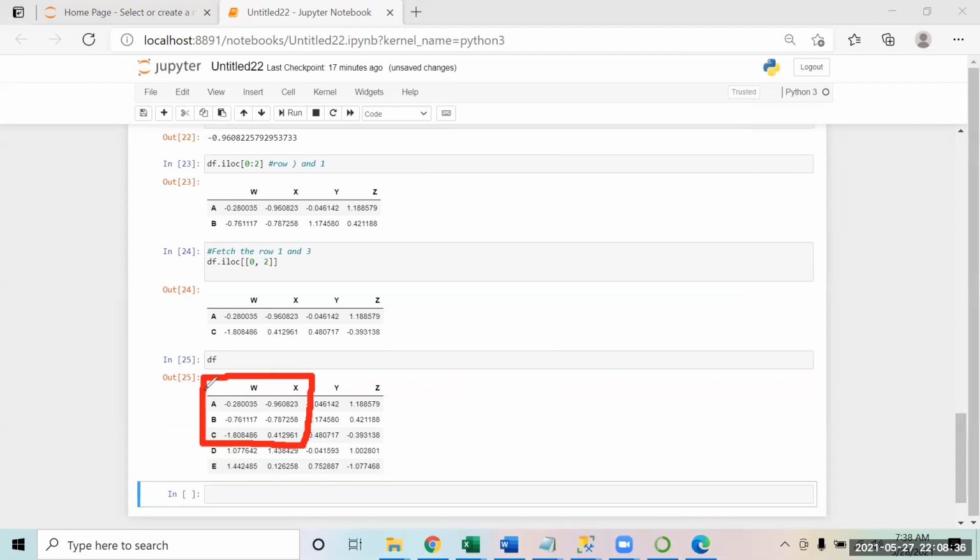So can you generate this? Okay, so we have answers.